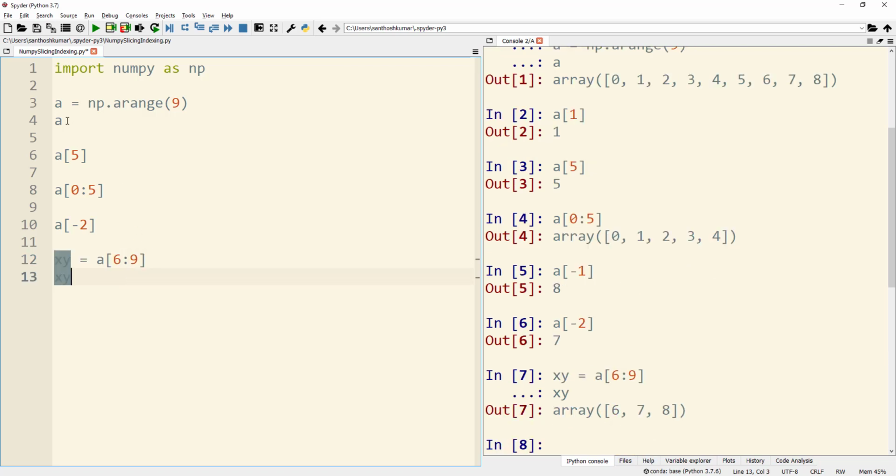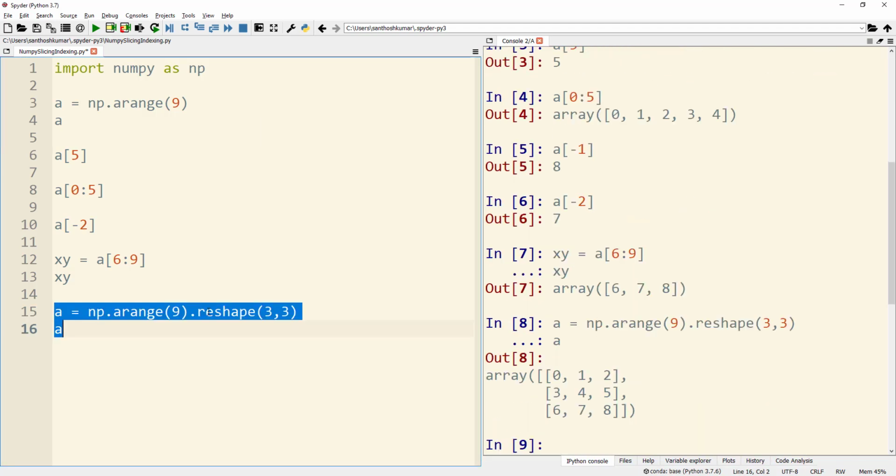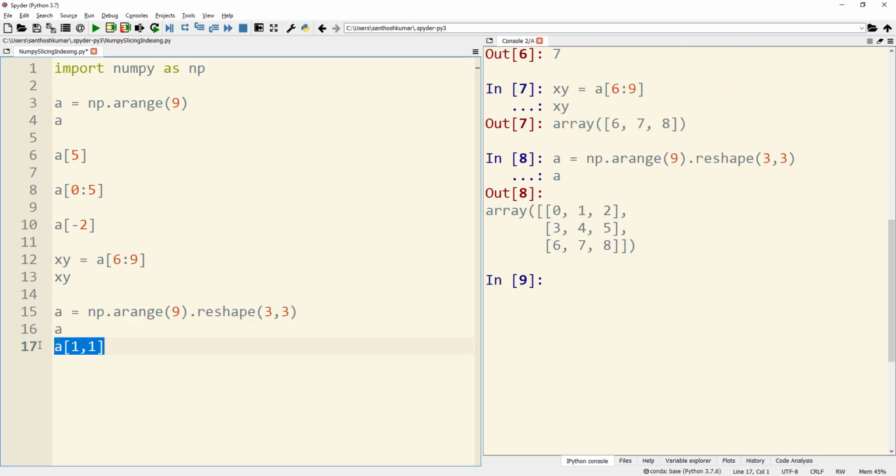Now I am going to just reshape this array. So I'll just reshape this into a 2-dimensional 3 by 3 array. Now when I just display this array, in the right you can see that. So now when I give the value a of 1, 1 and run this line, you can see that the output is 4.